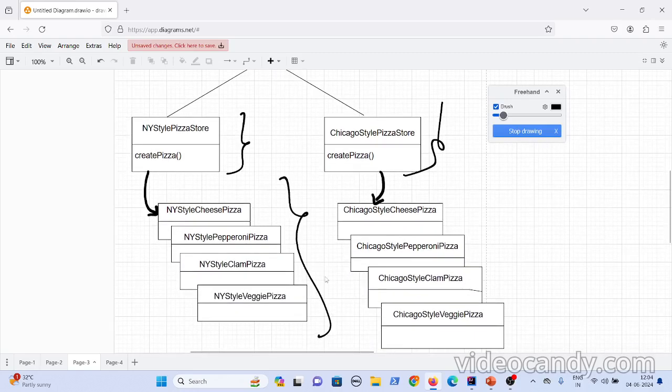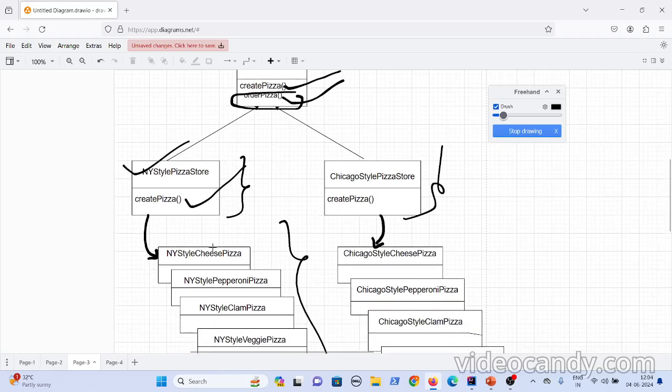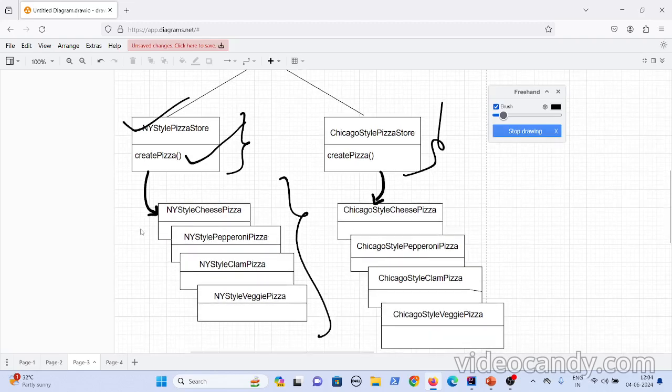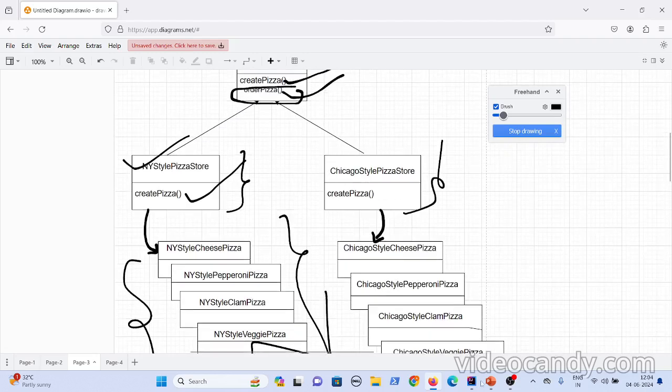So whenever you create an instance of the New York style pizza store, you can order the pizza. When you order the pizza, it will call the create pizza method declared in the New York style store, and then all these pizzas get created. Okay, this is the factory design pattern.